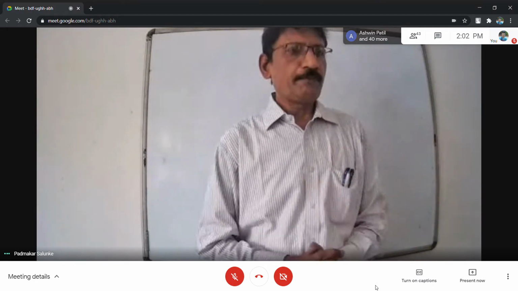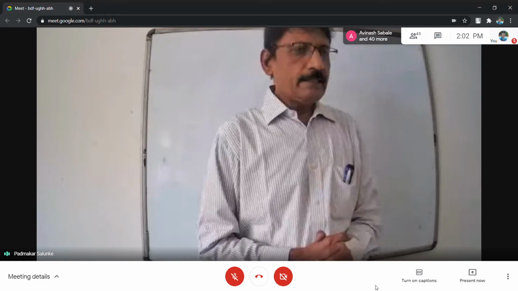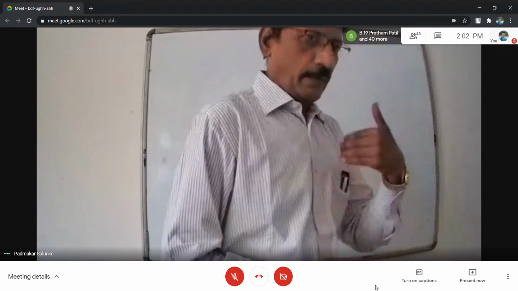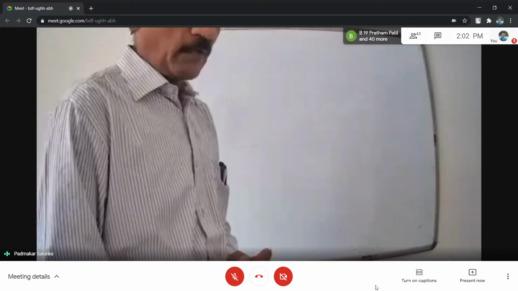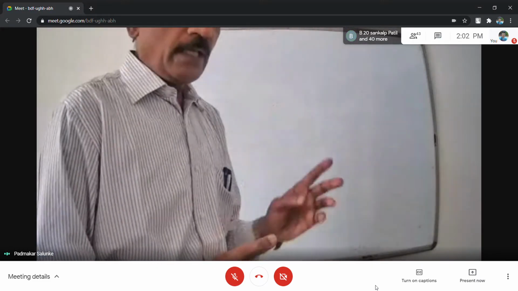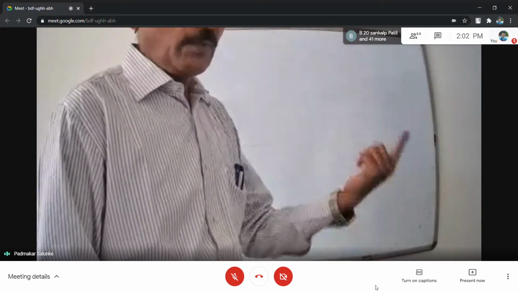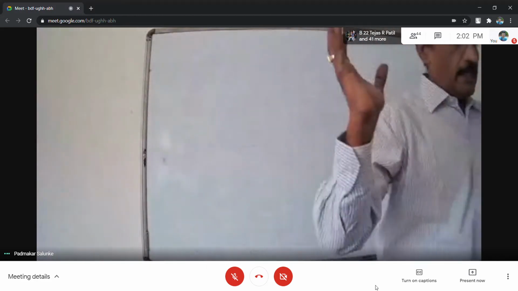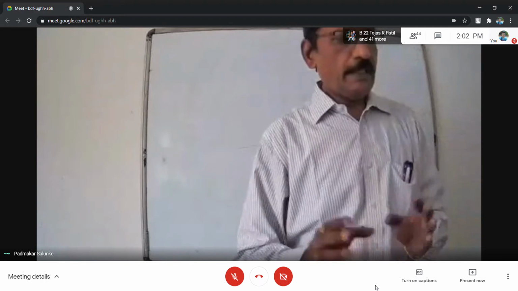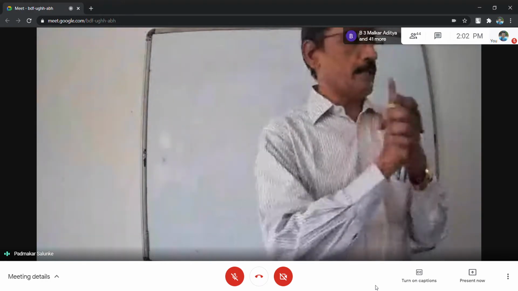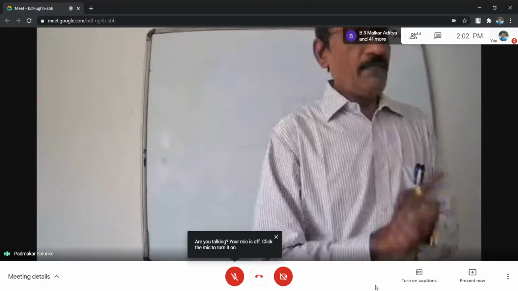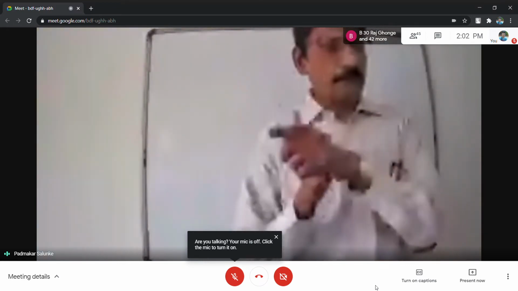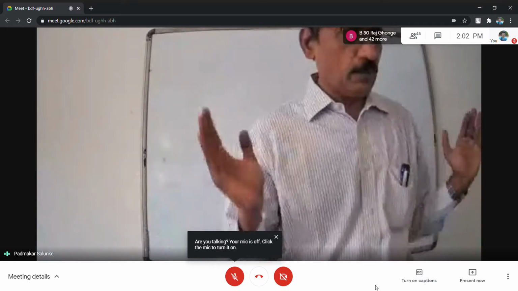Number two, take the algebraic sum of the x components of forces. When taking the algebraic sum of x components, if a force is to the right, use a positive sign, and if to the left, use a negative sign. If the overall answer is positive, it indicates that the x component of the resultant is to the right. If the answer is negative, it indicates that the x component of the resultant is to the left. That is your conclusion.